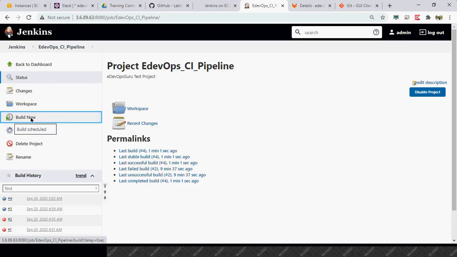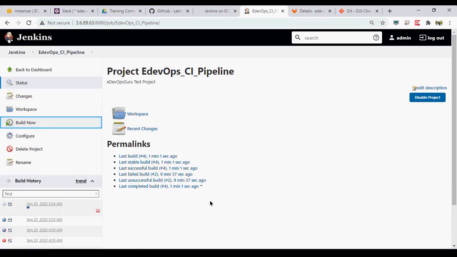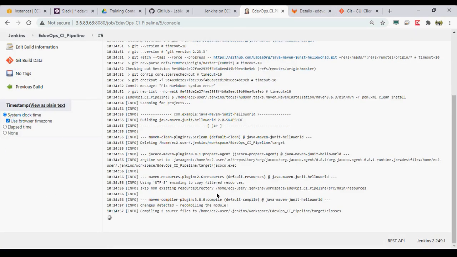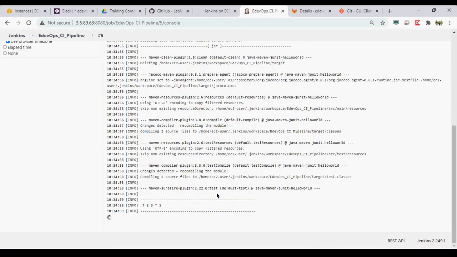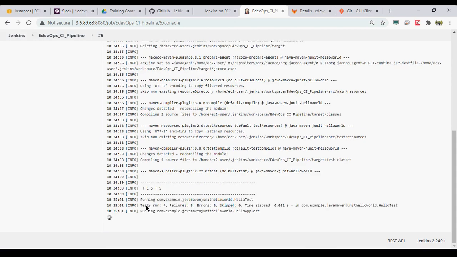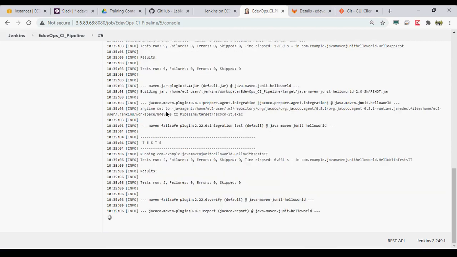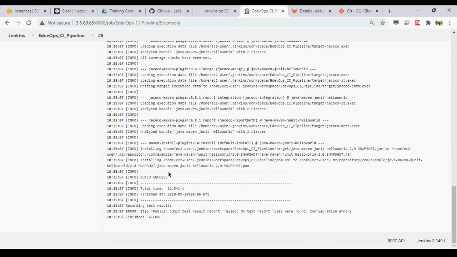Now, if we run it, then you will be able to see the test results. Now see, it is running the tests. Test 5 passed, total 9 passed. The JUnit test plugin is showing an error, no test reports were found.